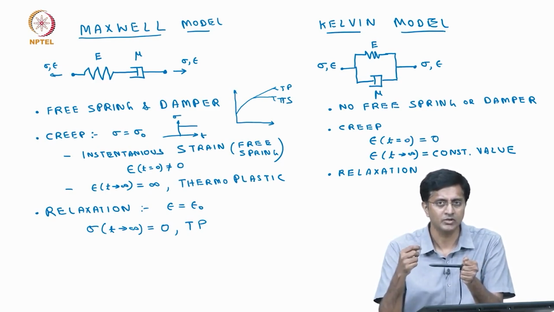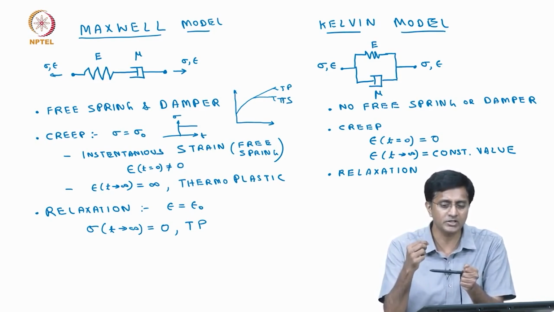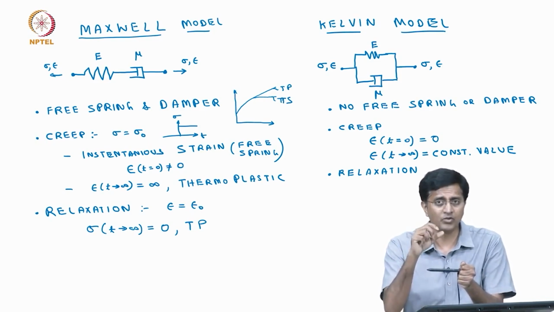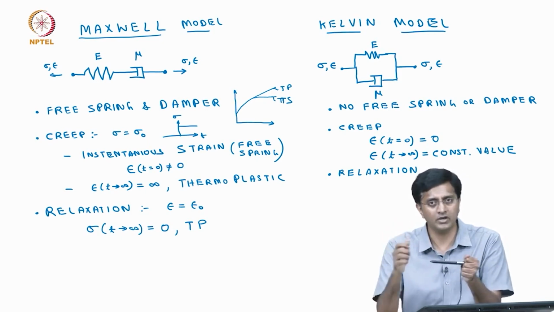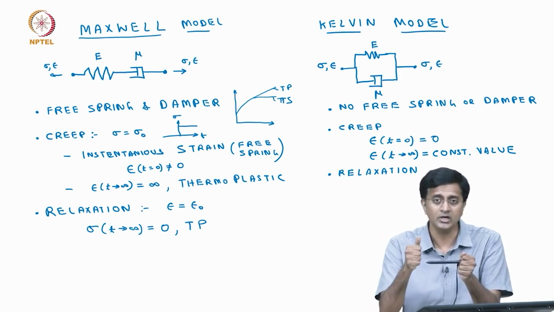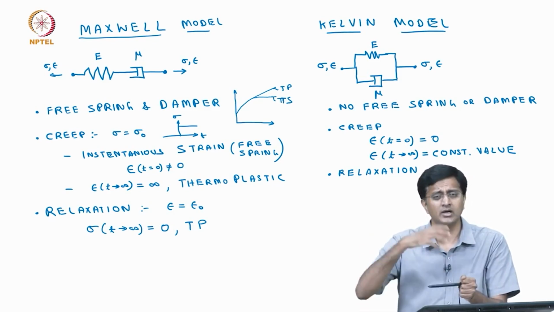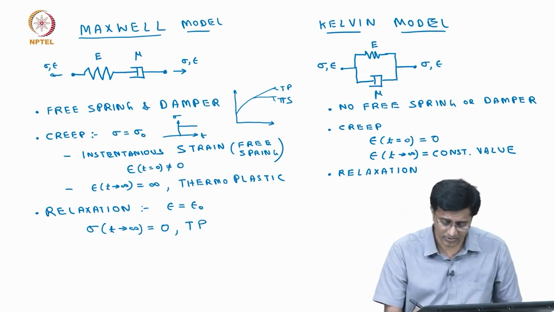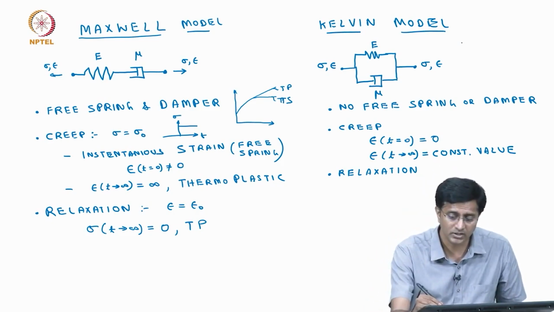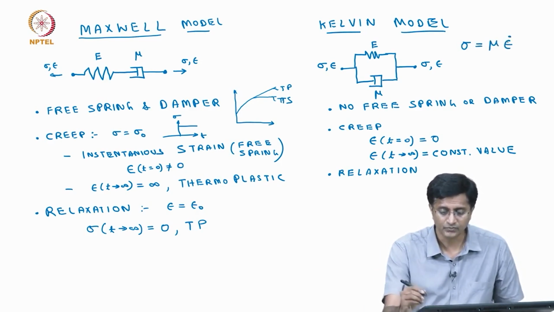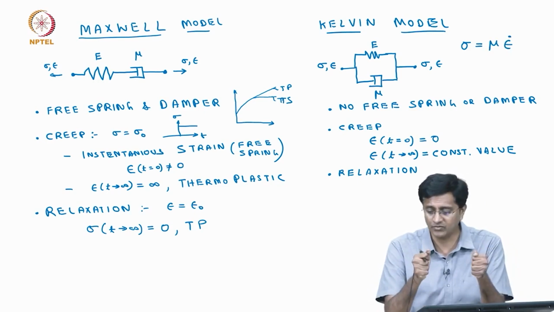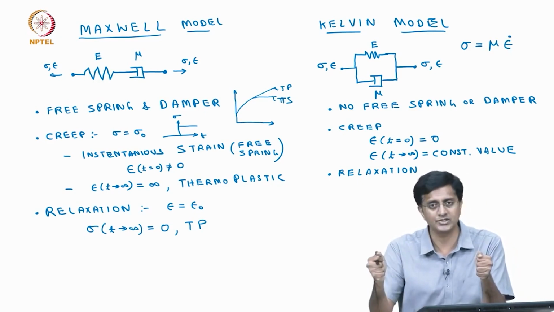The reason is simple, because we have been repeating this often, saying that the damper won't budge instantaneously. If you give it time, it will give deformation, but if you say I want to force it to have instantaneous deformation, you really need infinite load. The answer is simple, because earlier we have seen how a damper behaves. We said stress is proportional to the strain rate, and when we are saying relaxation where we apply instantaneous strain,